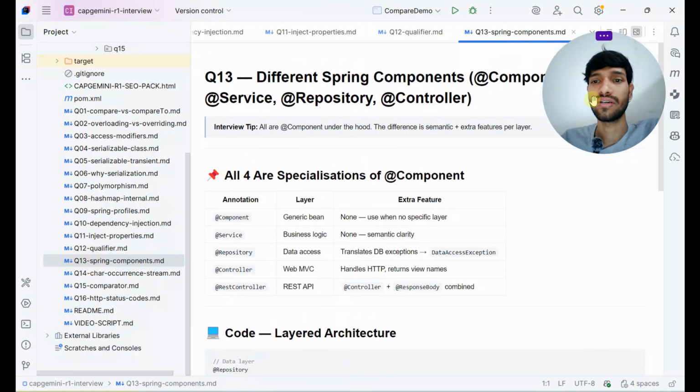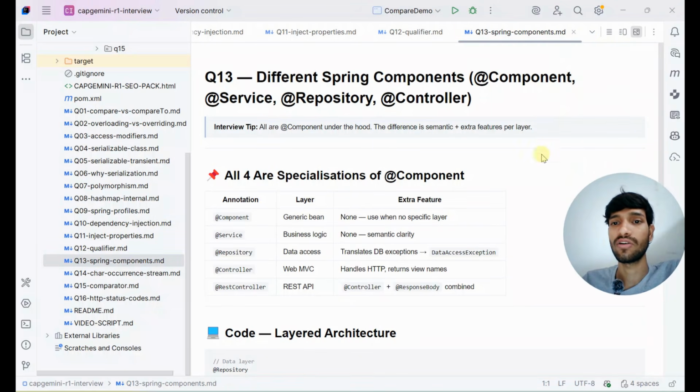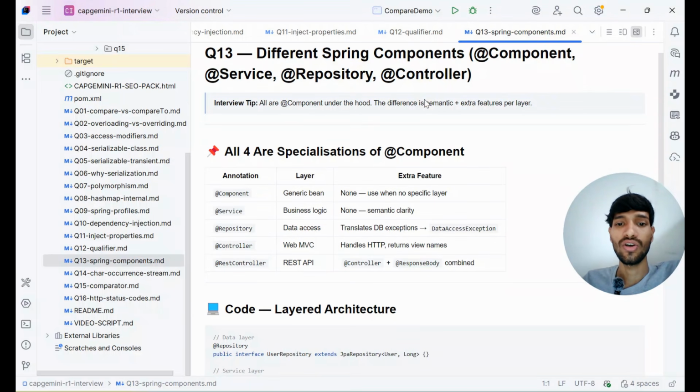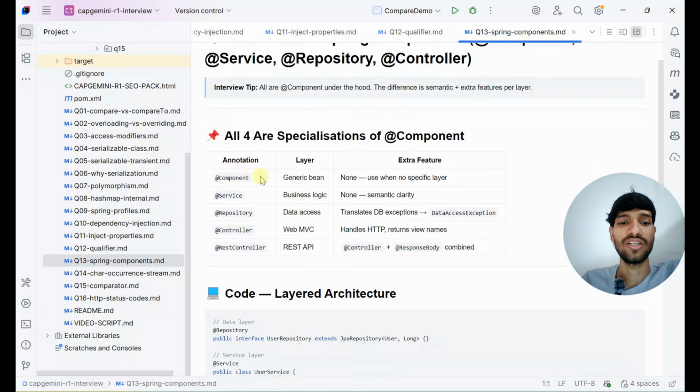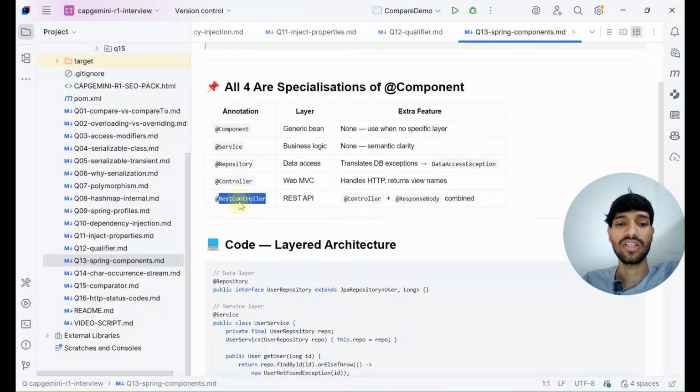The Spring components, what are the four different Spring components? You can tell: component annotation, service annotation, repository annotation, controller annotation. We have used this a lot in our Spring Boot projects, right? Component is like a generic bean. Service is used for the business logic. Repository is for the data access layer, and the controller is for web MVC, and REST controller is for